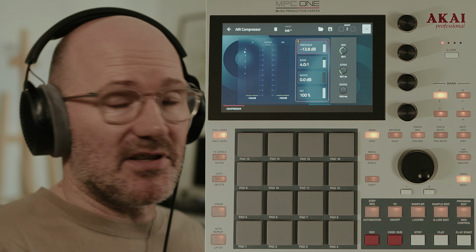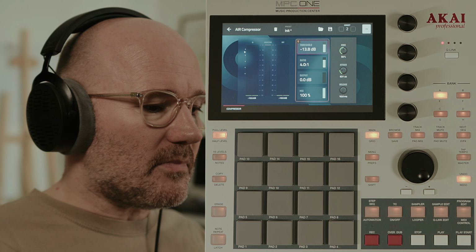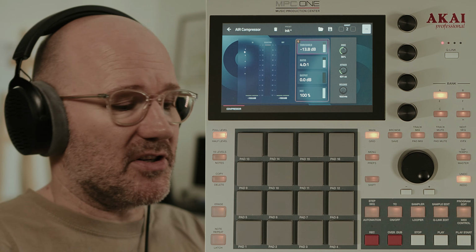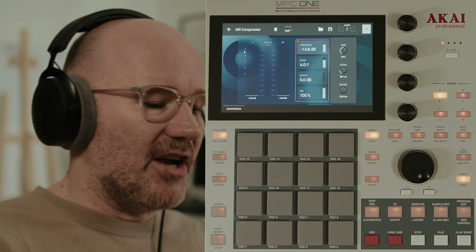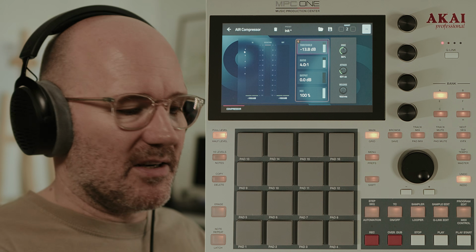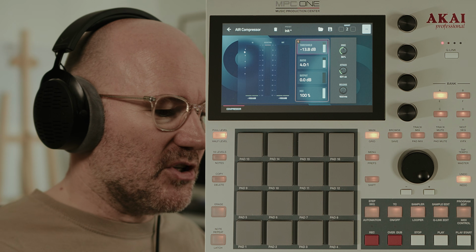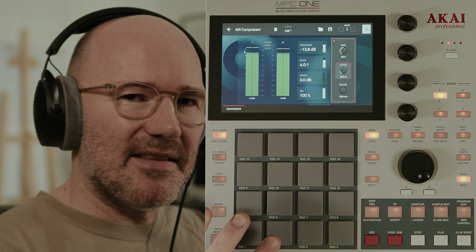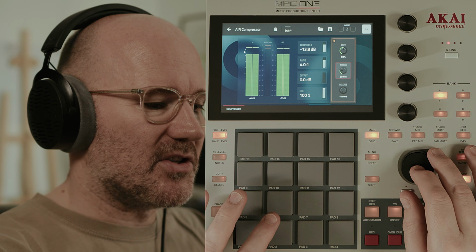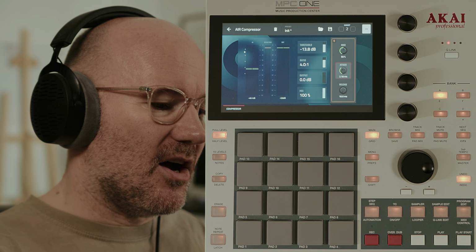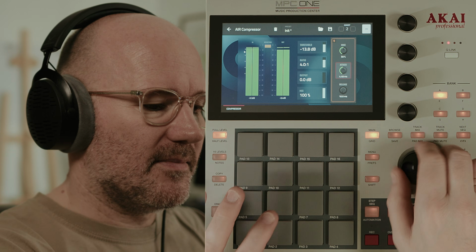Now, distortion, this can actually be quite good. And it's something that I use on 1176 compressors, for instance, because they have a really fast attack, and you can create a really nice distortion. But generally, it's not the best way to create distortion in the MPC because you don't really have any control over it. So just be mindful. You can hear there's a little bit of crunch on the start of that. It's actually quite nice. But as I open up the attack,